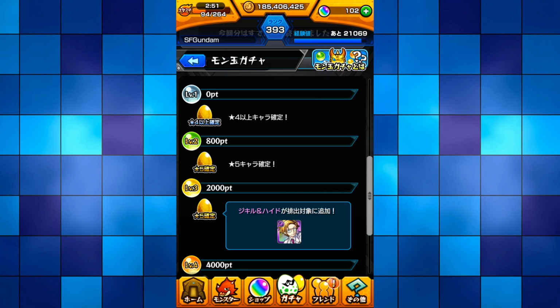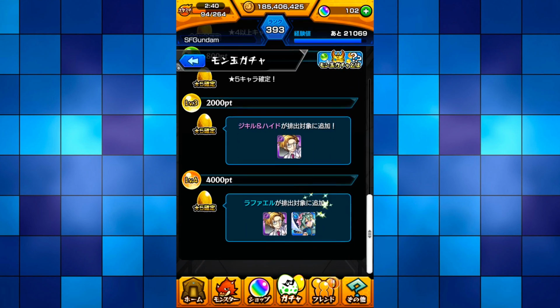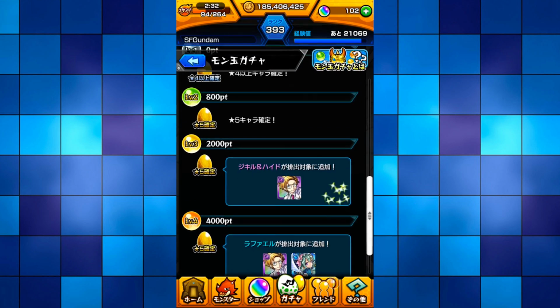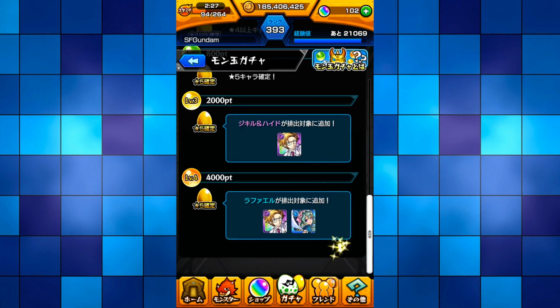Level 3 at 2000, it's a guaranteed 5-star monster with Jekyll and Hyde in the pool. It's not a guaranteed hatch of Jekyll and Hyde. And at level 4 at 4,000 points, it's Jekyll and Hyde and Ralph in the pool. Of course, they're not guaranteed. So most people would just roll at level 2 because you don't have to wait for that long